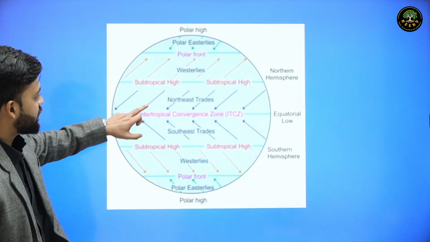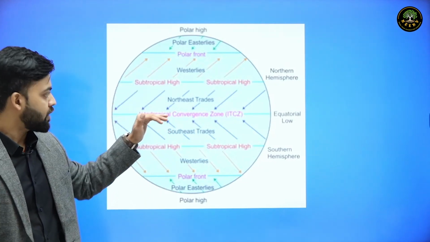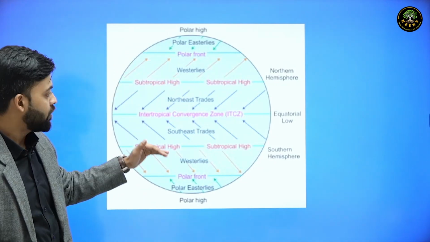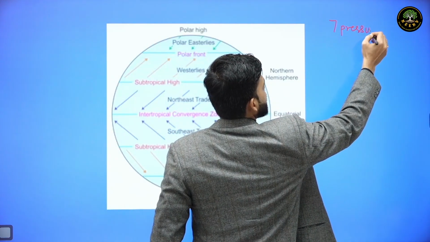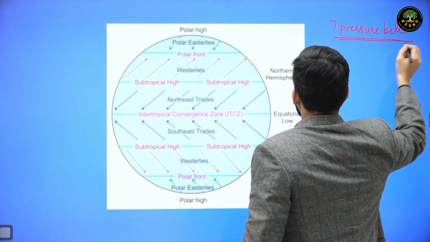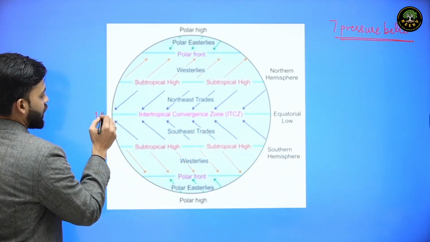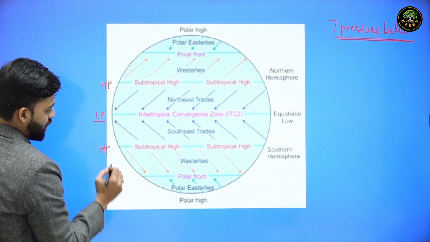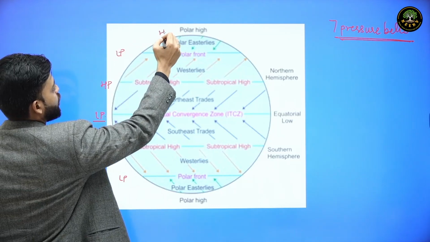This diagram represents the trade winds, westerlies and easterlies. Now, why are these different kinds of winds generated? Basically, Earth is divided into 7 pressure belts that are permanent in nature. So these 7 pressure belts are equatorial low, subtropical high pressure, subtropical low pressure, and then again polar high